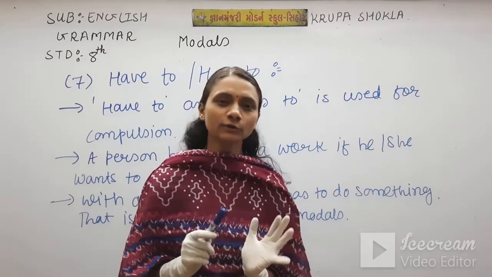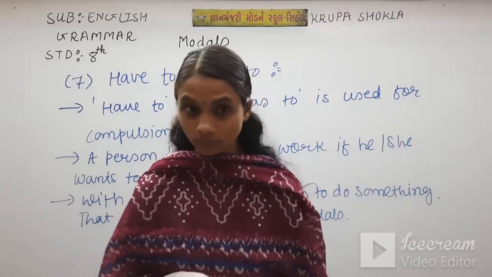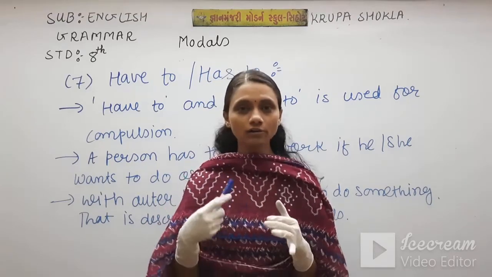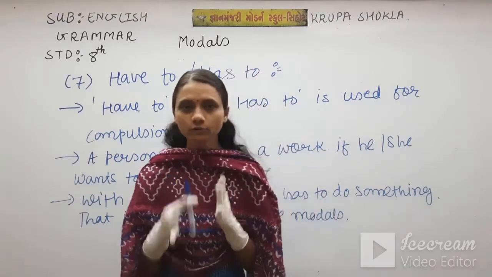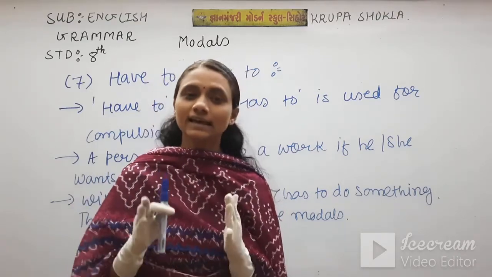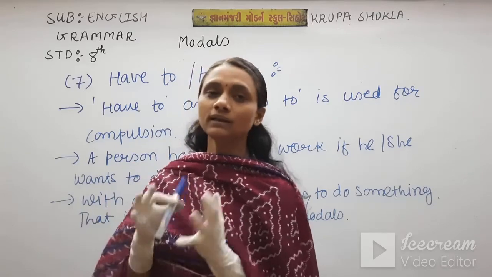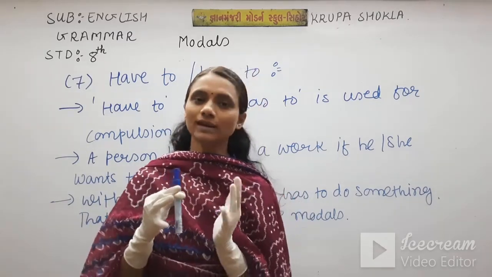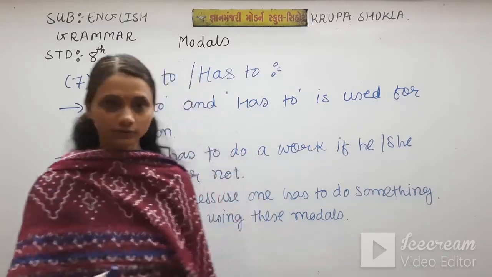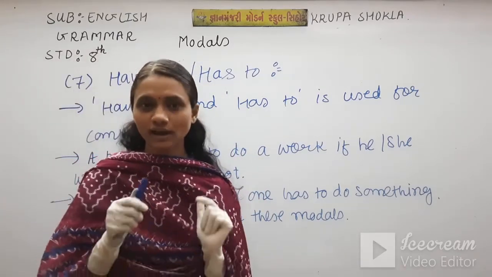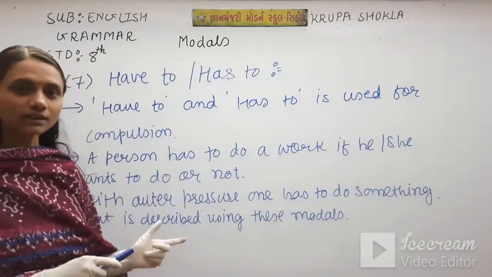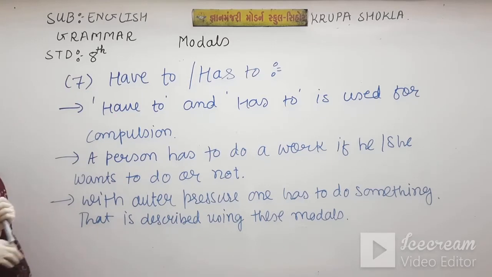Suppose I tell you that tomorrow you will have to submit your assignment. Though you don't have any kind of material for that, it is my order to submit. It is my order for you all that you have to submit that assignment. It means that is the pressure from me to you all. So in this kind of situation, have to is used, where your wish and your mood don't matter. Please note down these things, students. After that, I'll give you sentences.